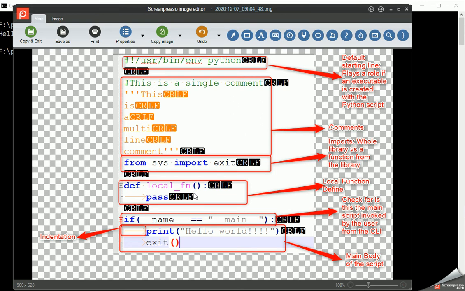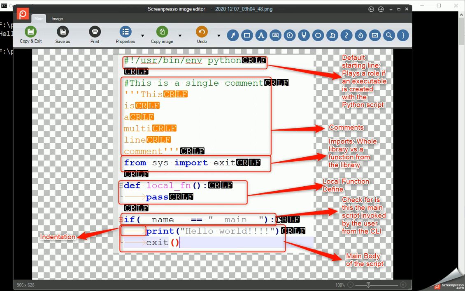The fourth section is the local function define section. Here I defined a function, local_function, and simply the body of this function is pass. Pass in Python means do nothing and just terminate here. I will come to what functions are needed for in the next tutorials, and just for the purpose of illustration and explaining the structure of the script, I placed this local function which does nothing in this script. It is neither doing anything nor is it invoked from the main body of the program. I will come to that in some minutes.